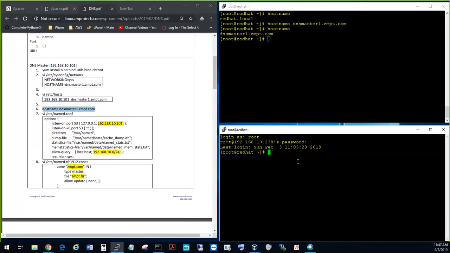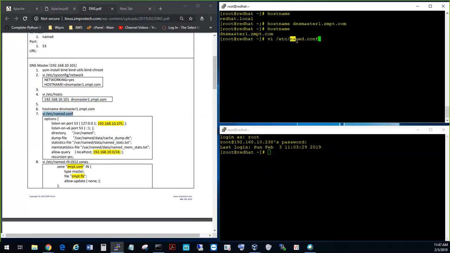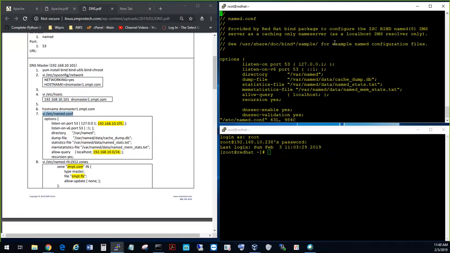This one is a master server. The bottom one, we're going to set up as slave, so we're not there yet. So we're going to edit this configuration file, named.conf. And where is this file? This file is sitting in /etc/named.conf. So we have to go in there, and then we have to type this exactly the way it looks